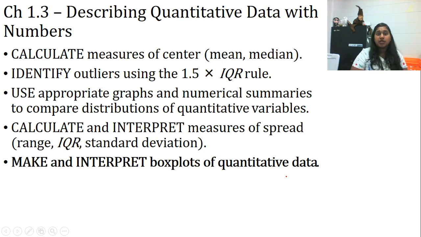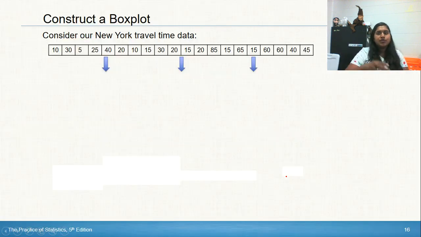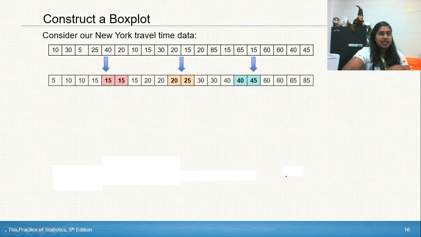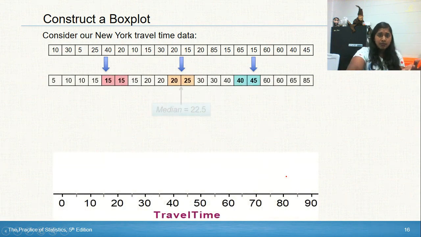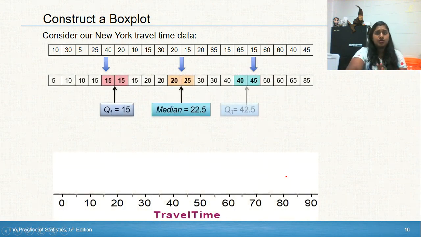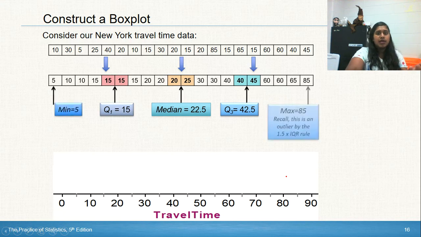Moving on to the other thing I want to talk about, the interpretation of box plots. There was some disconnect, not on how to make a box plot, but on how do I adjust for the outlier at the max or min. So let me show you what we should do. What happens when I have an outlier? Same data, same median, Q1, and Q3. We can see our minimum and our maximum are 5 and still 85.